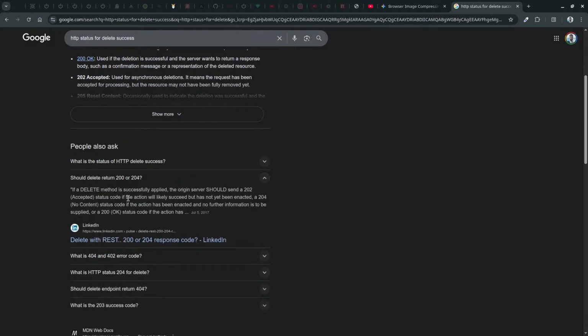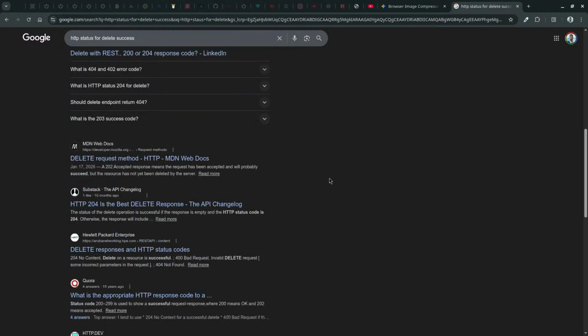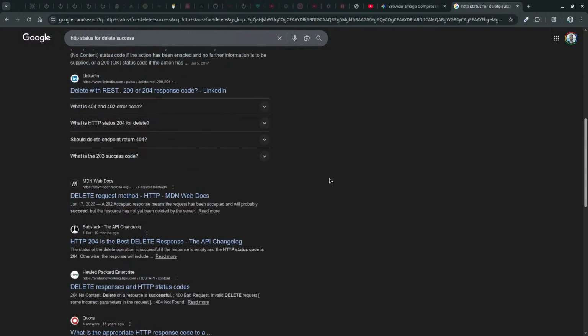If the delete method is successfully applied, the origin server should send a 202 accepted status code if the action will likely succeed but has not yet been enacted. 202 يعني شو؟ 202 accepted means the request has been accepted and will probably succeed, but the resource has not yet been deleted. Oh, no, this is not the case, man.